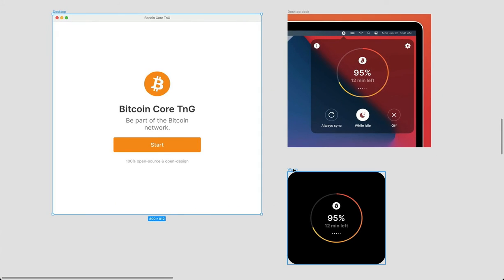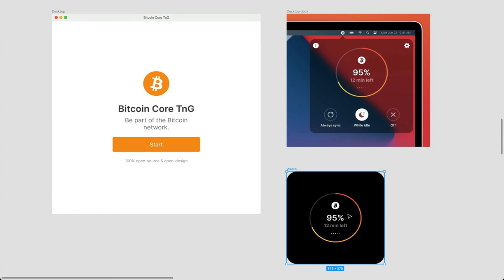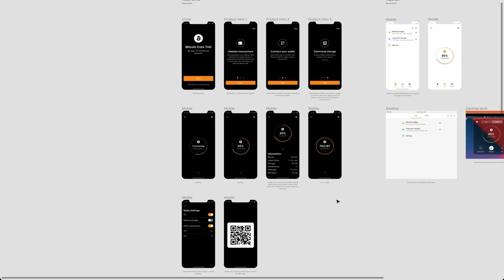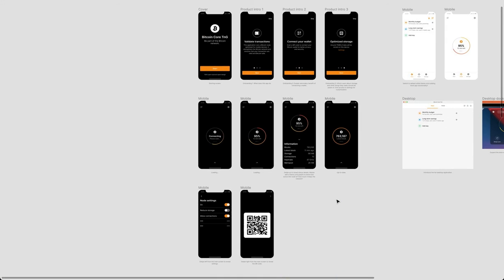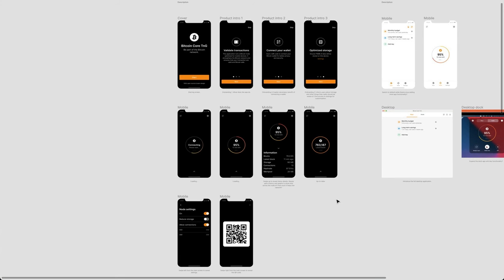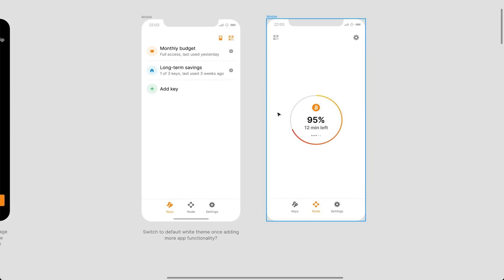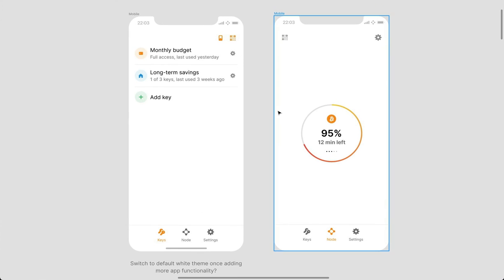And then could we also have a watch widget? Probably not right now, but just throwing things out there. And then, once we have figured out this initial version that runs a node on your phone, and let's say we add keychain functionality, and we want to get to something more like